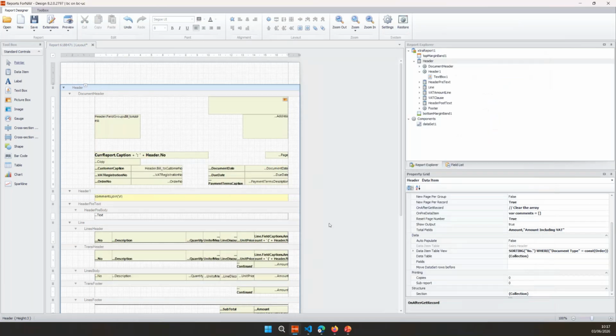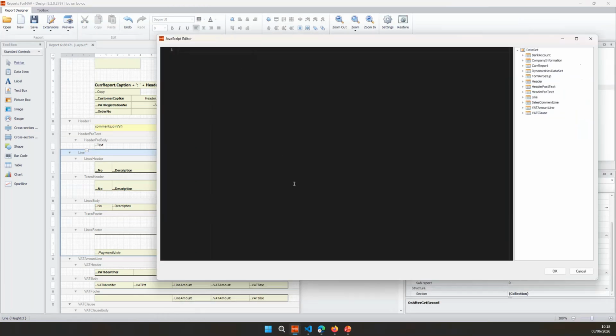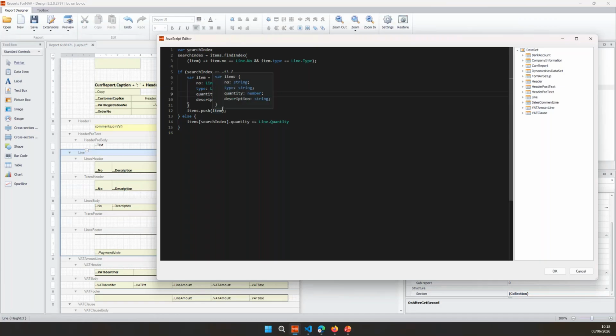And then the next step is in the line. Every time we read a line, I want to check if my item record is already in the array. If not, I'm going to add it. If it is, I need to increment the quantity. So grab my onAfterGetRecord. Quick type my code. What we are going to do in this case is add an